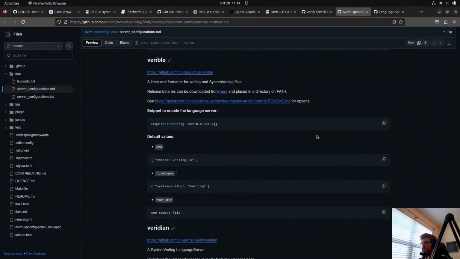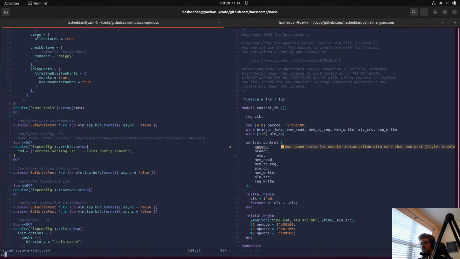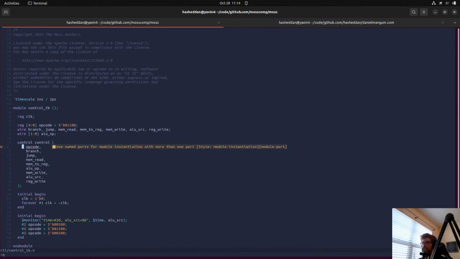All right. So now that that's set up, like we just saw, I can get some of that auto formatting and then some of these lints. So for instance, it wants me to specify these explicitly. Branch, I think this is what it wants.